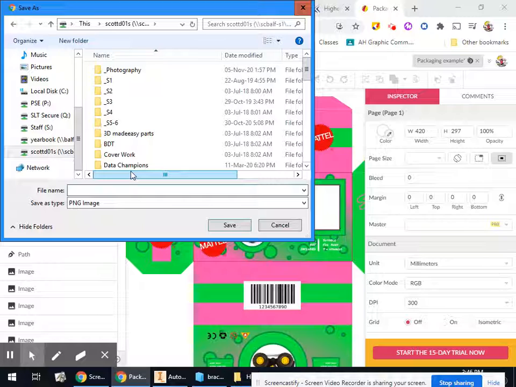You'll be doing this in your Chromebook, so you'll just be downloading to the files in your Chromebook. So I'm just going to call it final packaging. The reason we're saving a PNG is because PNGs as an image format are a much better bet for saving layouts that have lots of flat colors and text rather than lots of images. JPEGs would be better for layouts that have lots of photographic images. So if we save that there,